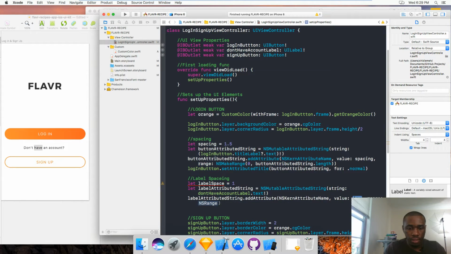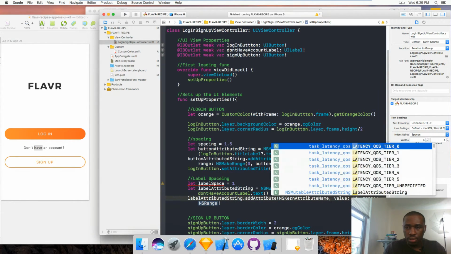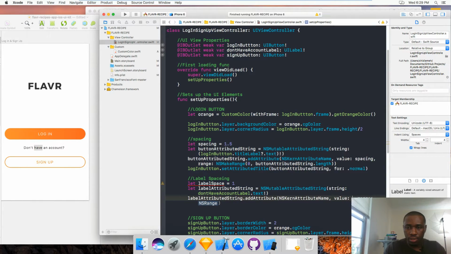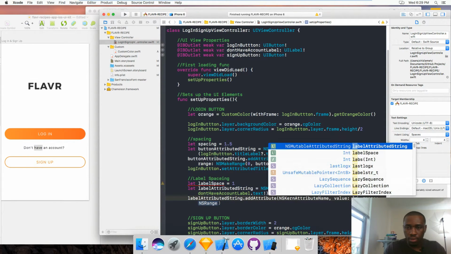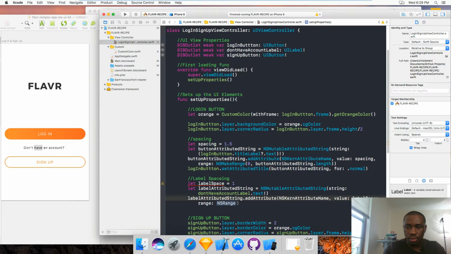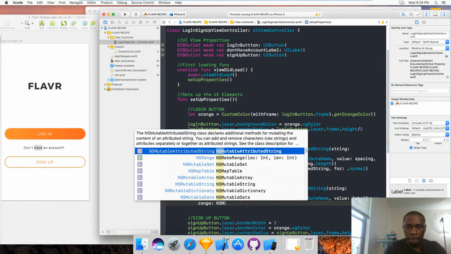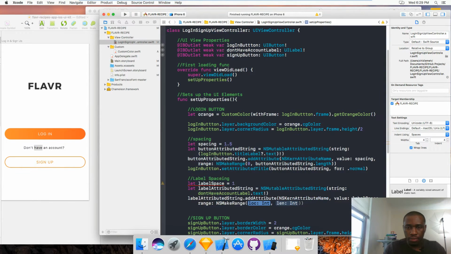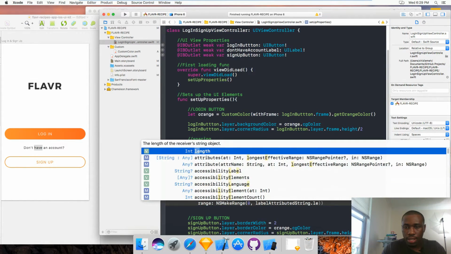For the range, the label spacing is going to be the value for the space, label space, and the range, same thing I have up there, NSMakeRange, like that, from 0 to the label's attributed string's length. Okay,